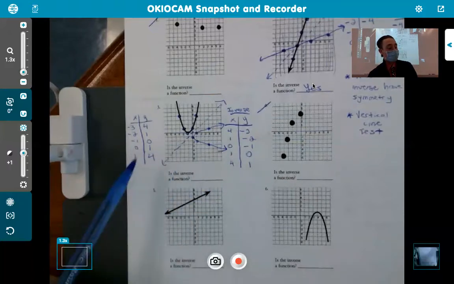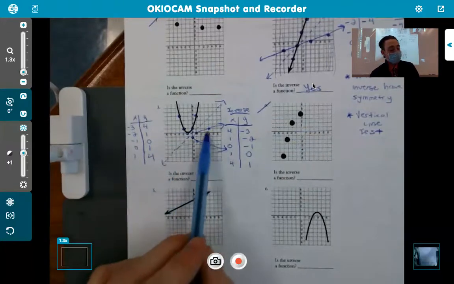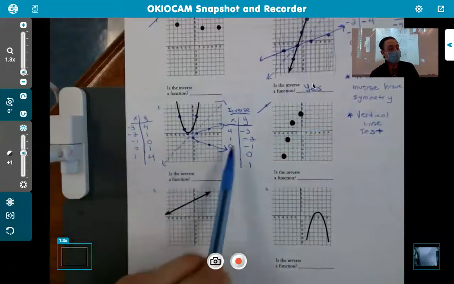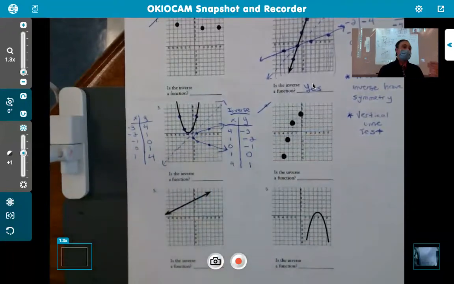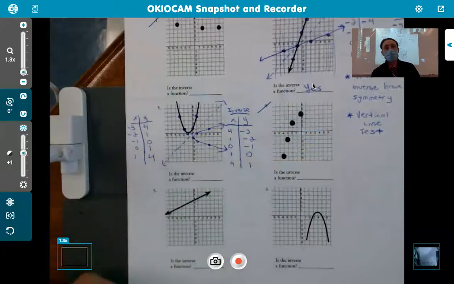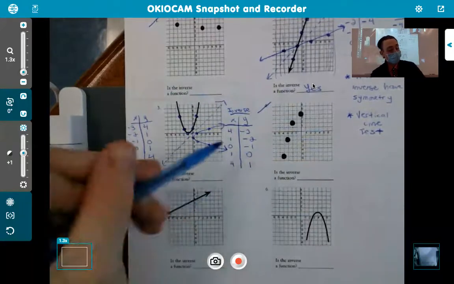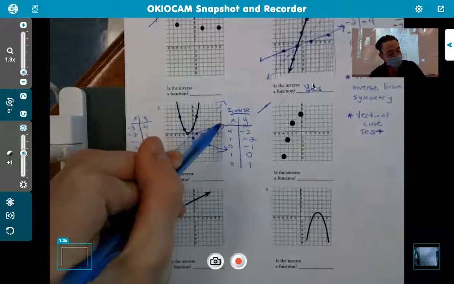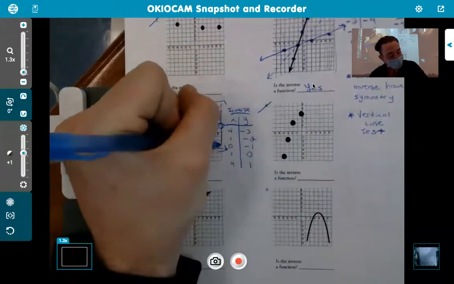The follow-up question, though, is this inverse a function? Well, given this blue graph here, does it pass the vertical line test? If I were to draw a vertical line through that, does it intersect it once or does it intersect it multiple times? Multiple times. And so if I go through, notice that it crosses here and